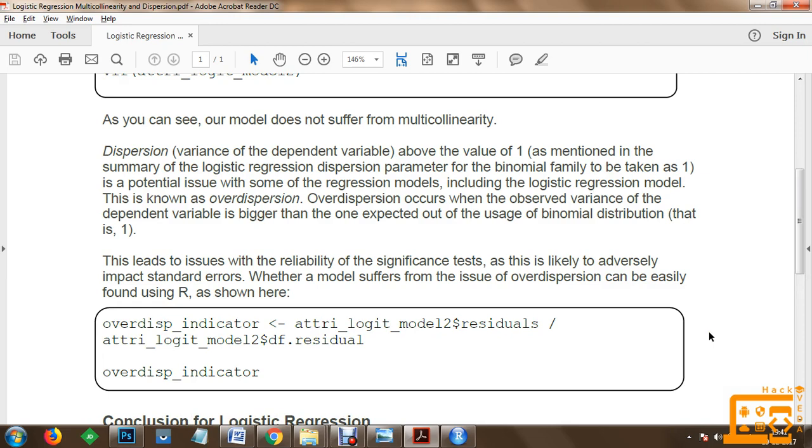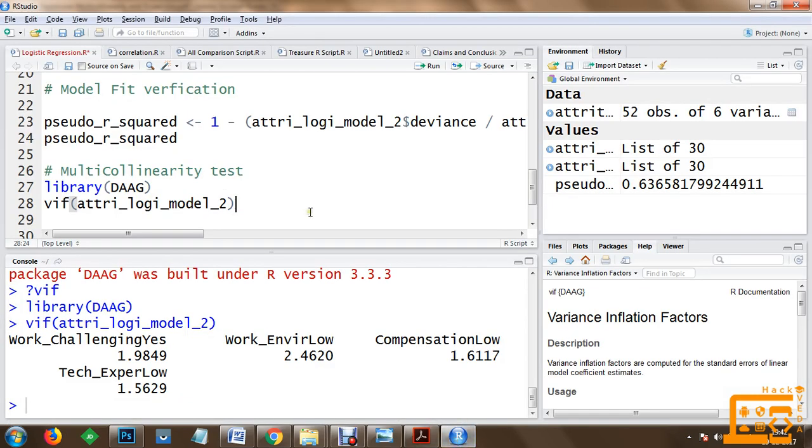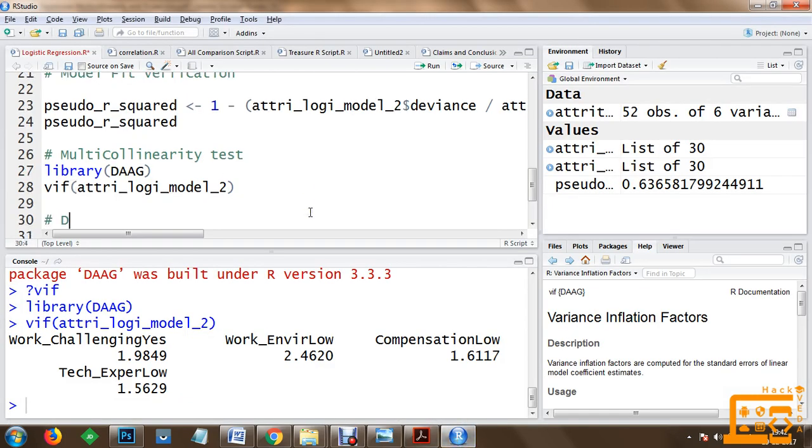What we can do is compute the over dispersion on the basis of the model residuals divided by the data frame residual. We are going to compute both of this information and finally get the over dispersion indicator. Let's go and compute the information for our logistic model 2. To do that, we are going to perform the dispersion test.